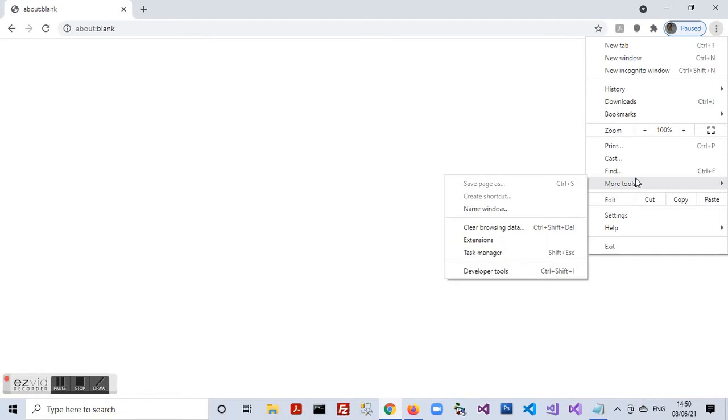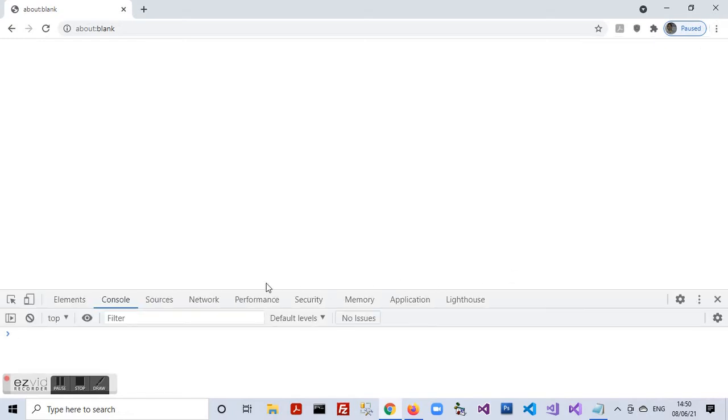So let us first of all open developer tools from the more tools sub menu. It is the last option in the sub menu, developer tools, and we can also see Ctrl plus Shift plus I is highlighted as the keyboard shortcut for this option. Let us try to close developer tools pane with this keyboard shortcut and again open it pressing the same key combination. Another keyboard shortcut for developer tools is the F12 key.